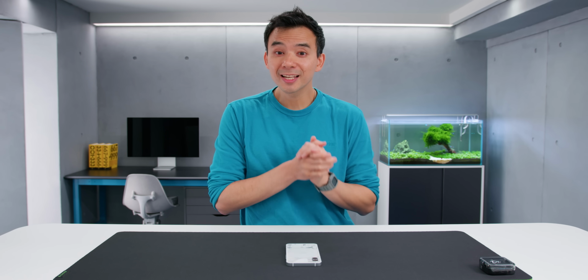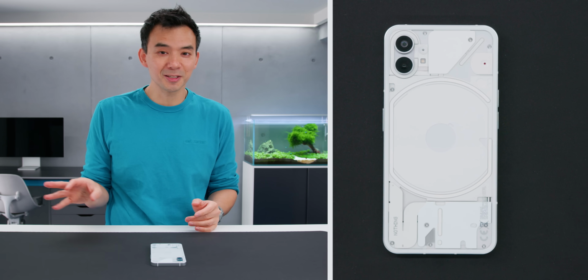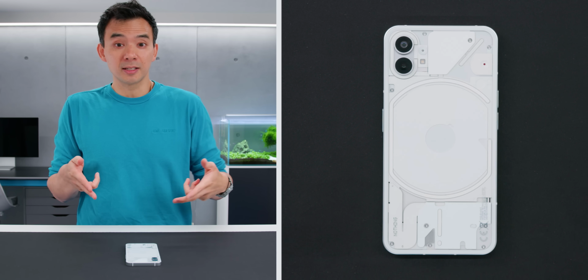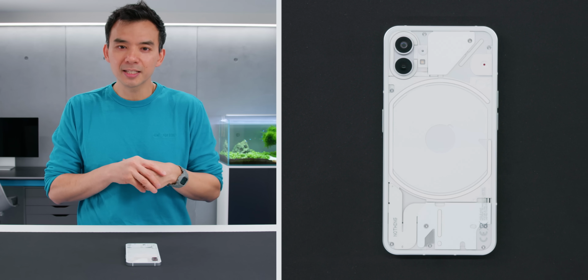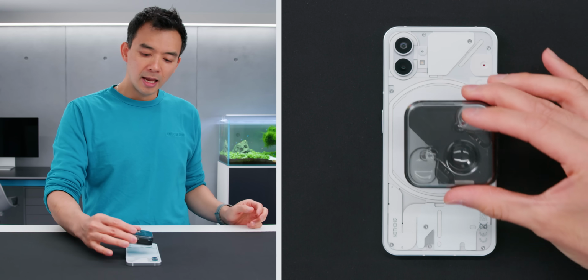So yesterday, I was sent a pre-production unit of the Nothing Phone 1, and this thing is wild. This is seriously one of the coolest phones I've seen this year. And at the same time, they announced the chip that's in here. So it's the Snapdragon 778G+, which is a mid-tier chip, but it's been modified to support wireless charging and reverse